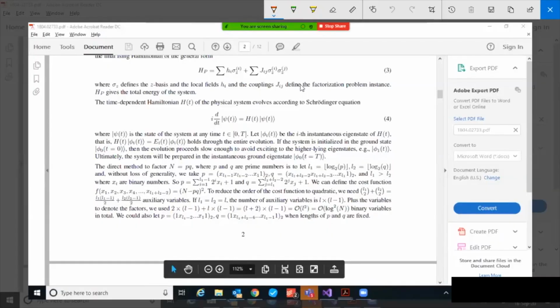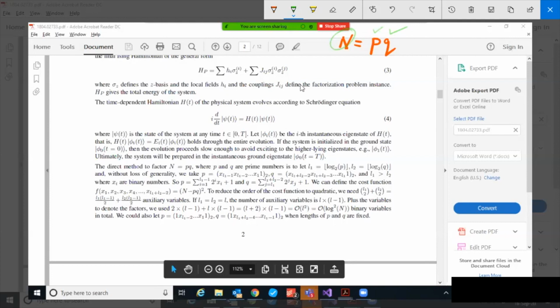Our problem is basically that we have a number N, which is the multiplication of two prime numbers p and q. We are given N and we want to find p and q. So our problem is to find p and q given N. I was going through a paper about prime factorization through quantum annealing, and I will try to tell you how it breaks the problem down.